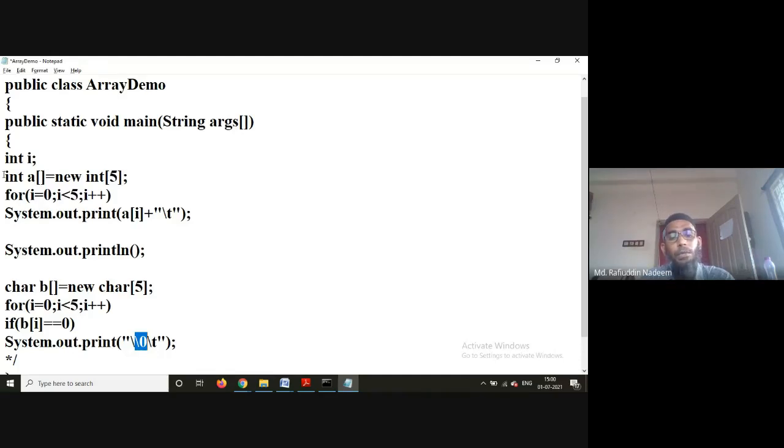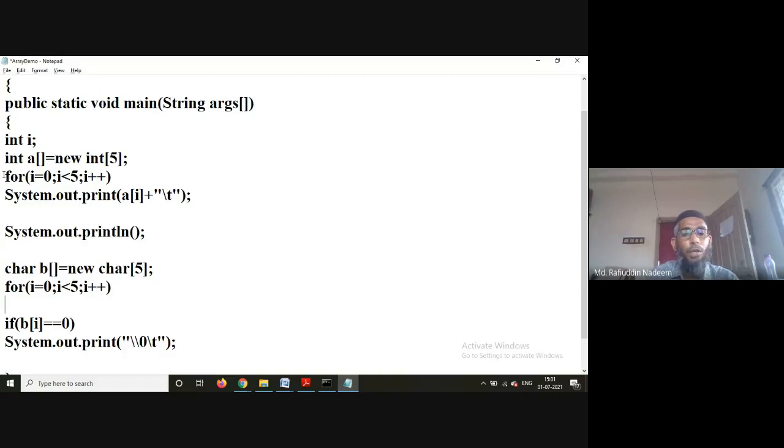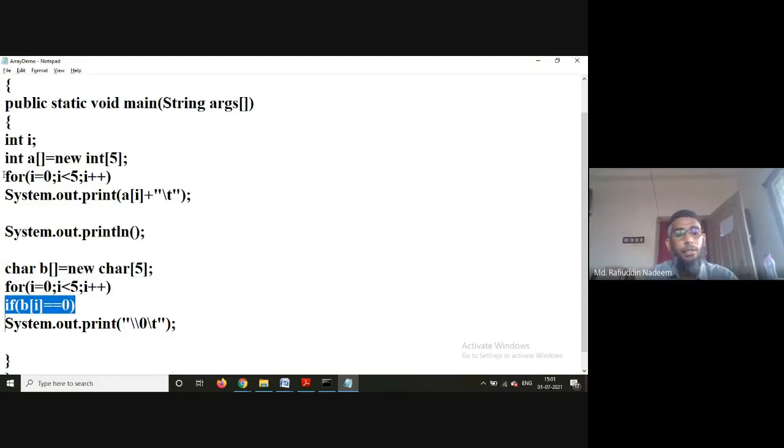Now you have that option of using escape sequences even in Java. You can use those escape sequences. I am giving \0 specifically because if I don't give this, if I simply give it, I will show you both the outputs. Let us first check this, then I will show you.